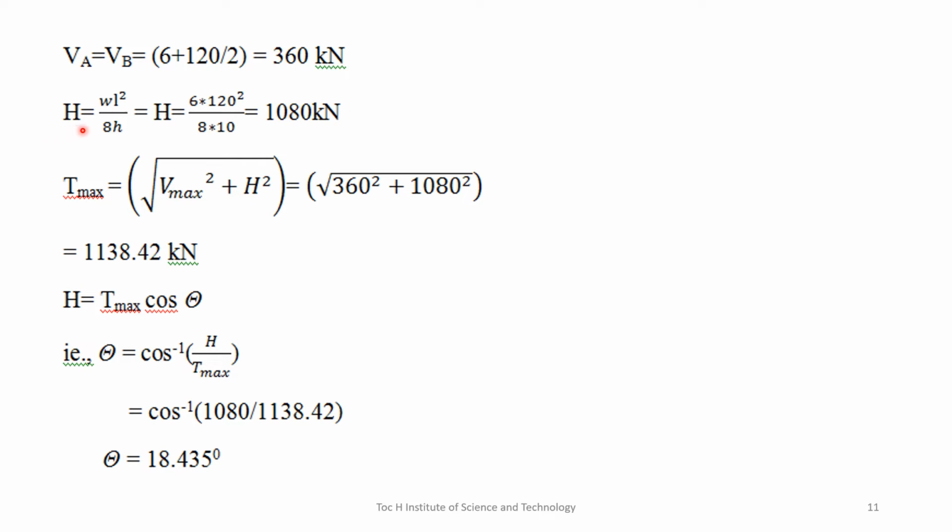Now H is equal to WL square by 8H, so that H is equal to 1080 kilonewton. Now T max is equal to square root of V max square plus H square, and that's equal to 1138.42 kilonewton. Now H is equal to T max cos theta, from that theta is equal to cos inverse of H divided by T max, and that's equal to cos inverse of 1080 divided by 1138.42, which implies theta is equal to